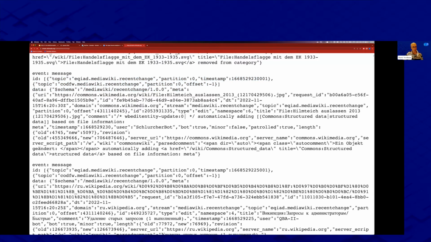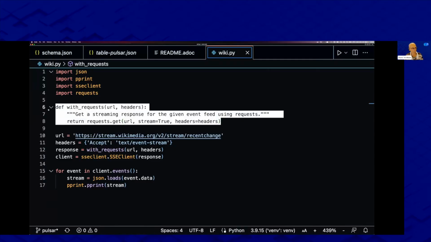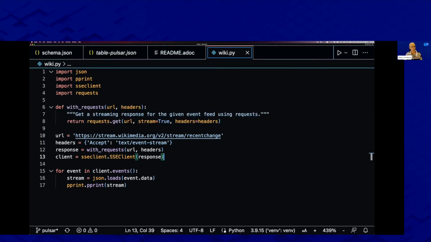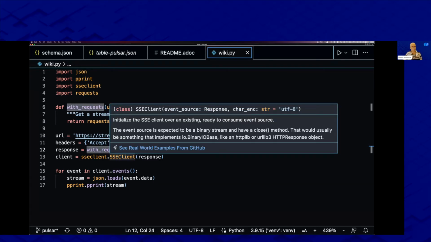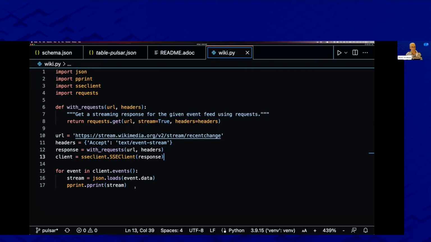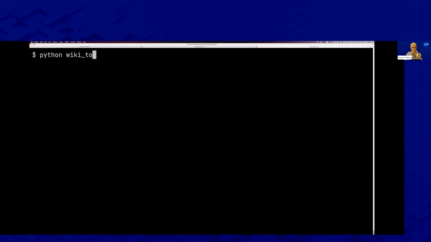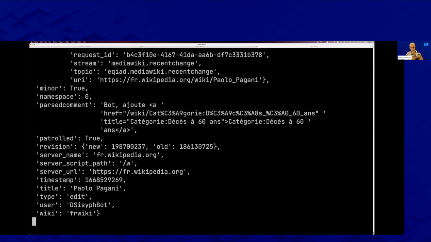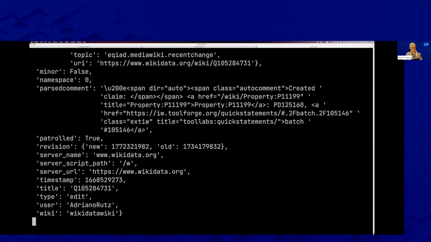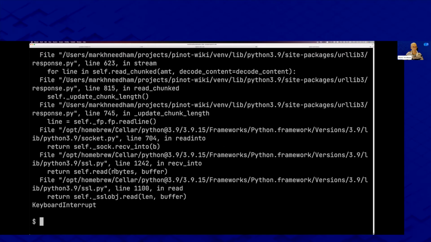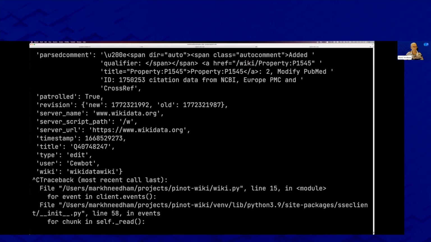And so what we're going to do is we're using the requests library in Python. So we're wrapping a GET request around that URL. We say stream is true, and then we're using this SSE, server-side events client, from Python, and it will effectively just give us an infinite stream of messages. So if we come over to my console and we say wiki, there you can see it's the same messages. They're all sort of flying through. If we just scroll up, there is an example of a message.